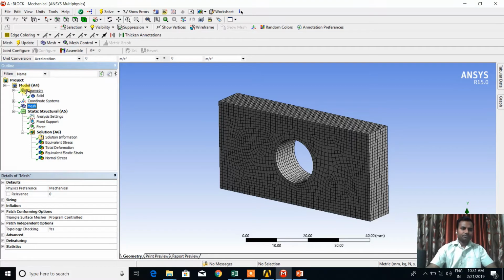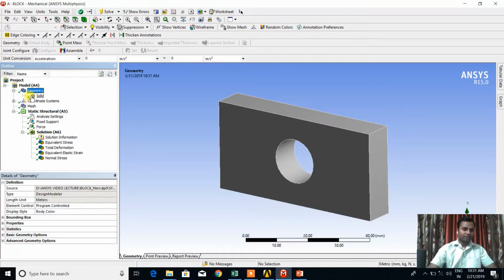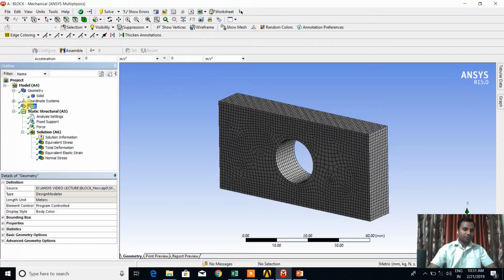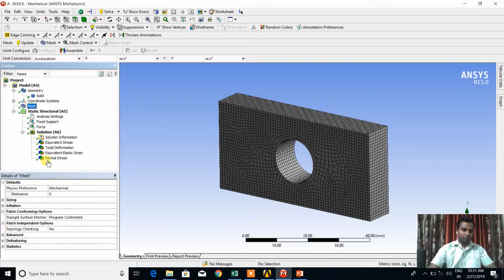Whenever you click on any button, the details of that portion are shown below, that is details of geometry, details of mesh, shown below the outline. Okay, so now check the mesh.